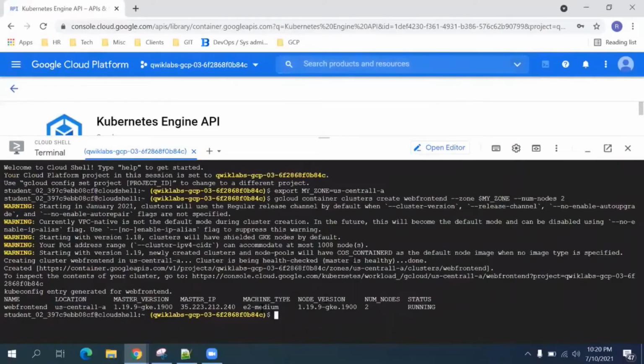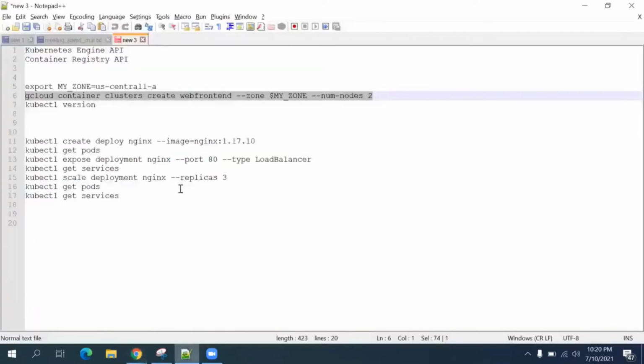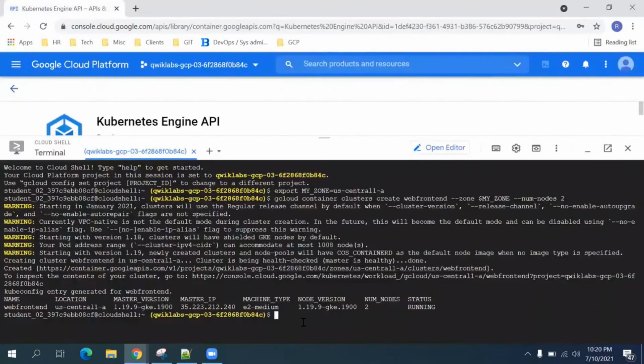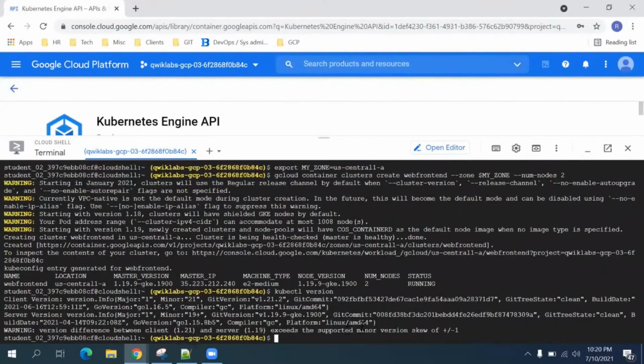Okay, so now our deployment is complete and we can check the installed version of Kubernetes using the kubectl version command. This will give us the version and we can also view our running nodes in the GCP console.